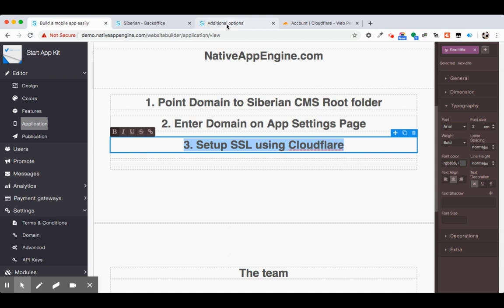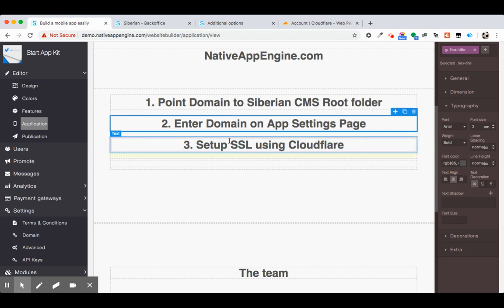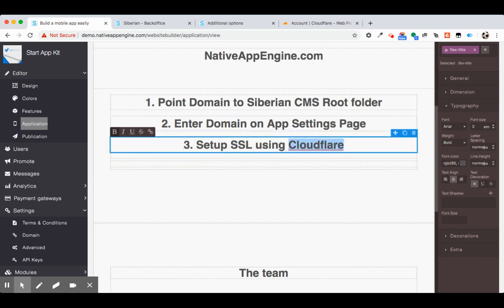In any case, if you don't know how to do that, we are going to show a demo using Cloudflare. Cloudflare is a quite good service. It is a kind of domain DNS provider service wherein you can map your own domain and manage your DNS. If you use Cloudflare, the advantage is that your server is hidden behind the Cloudflare server.